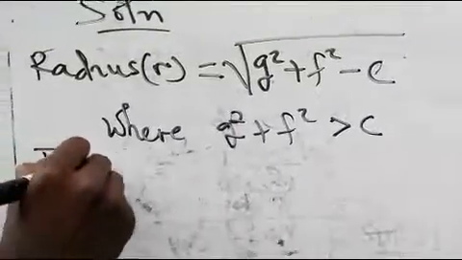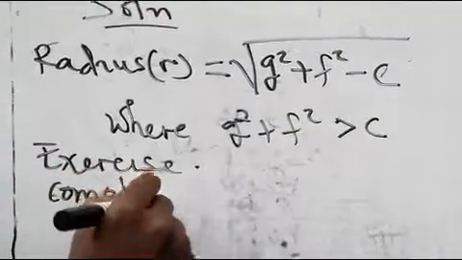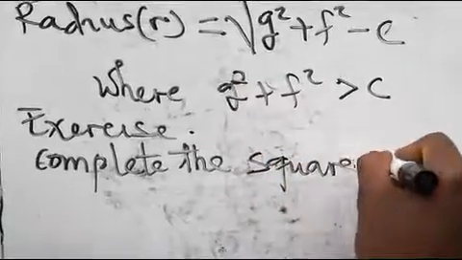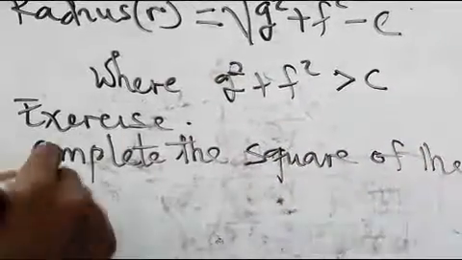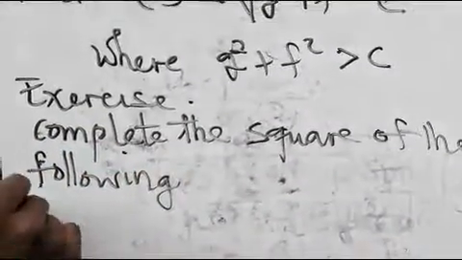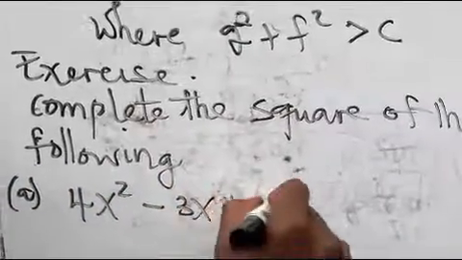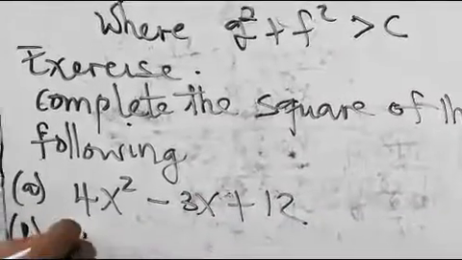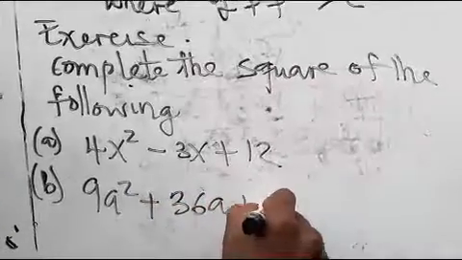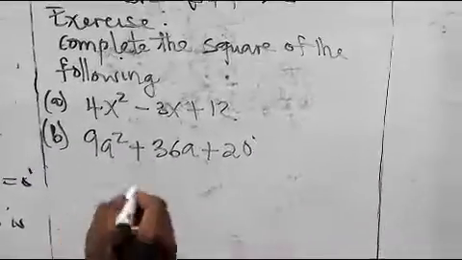Exercise: complete the square of the following. Small a: 4x squared minus 3x plus 12, and b: 9a squared plus 36a plus 20. Solution: